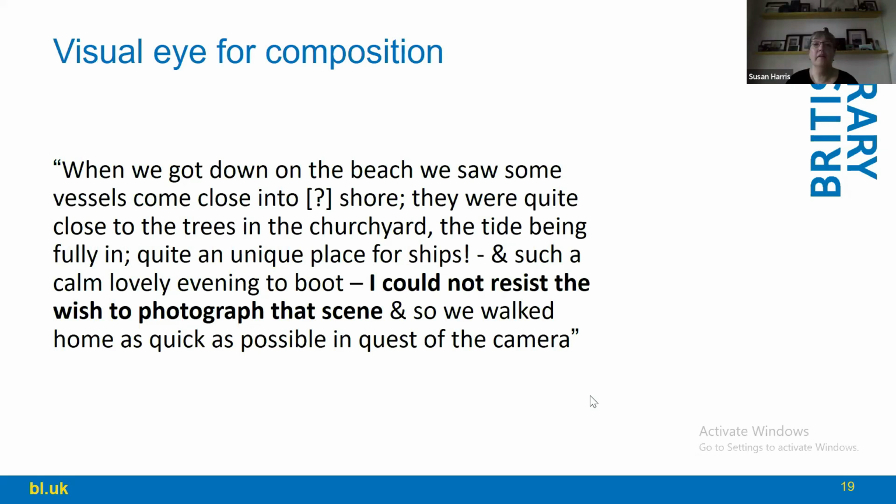Quote, "When we got down to the beach, we saw some vessels come closer in to the shore. They were getting quite close to the trees in the churchyard, the tide being fully up. Quite a unique place for ships. Such a calm and lovely evening to boot. I could not resist the wish to photograph the scene, so we walked home as quickly as possible in request of a camera. Having got it and a boy to carry it, I walked back 1¼ miles in 20 minutes and did the view. Unfortunately, the vessels were not steady as I imagined they were, and